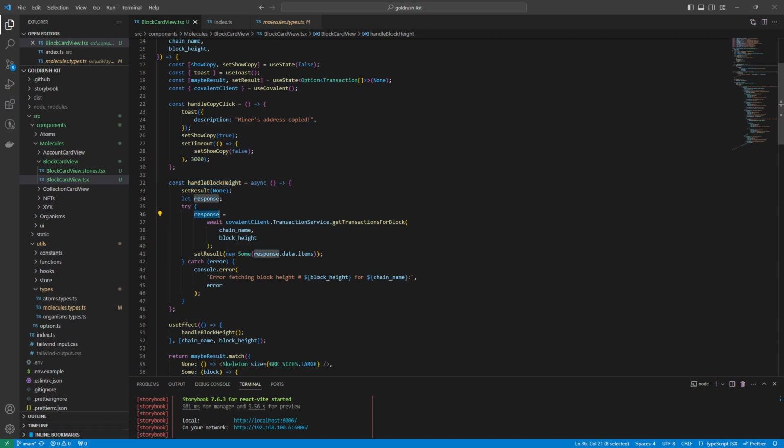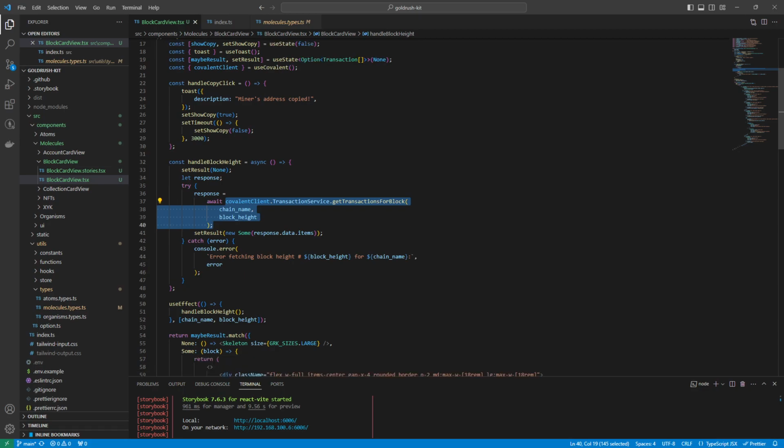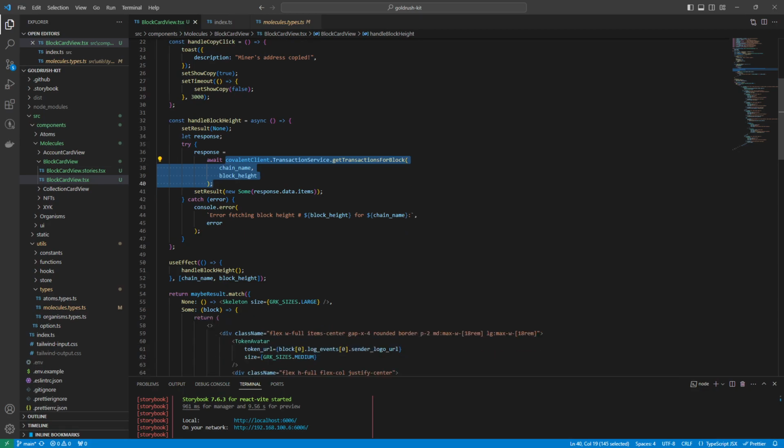So these functions are trying to call the API. So you can see here, I have added the correct API calls based on the API documentation. So once you have these